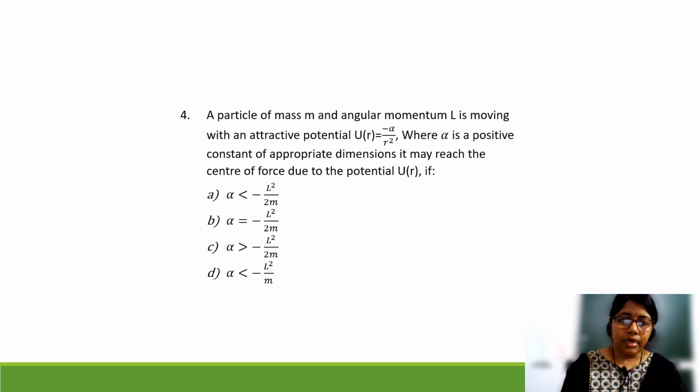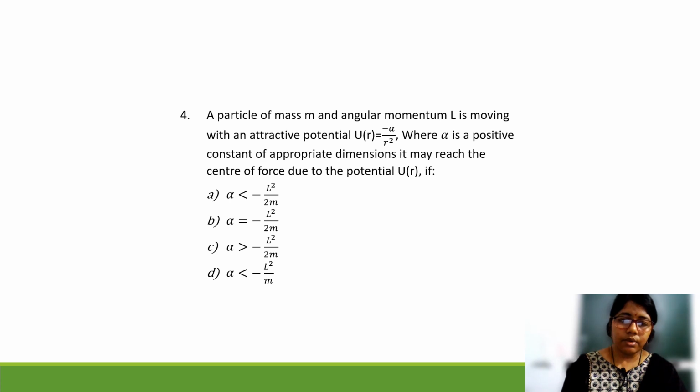Question number 4. A particle of mass m and angular momentum L is moving with attractive potential U(r) is equal to minus alpha by r square, where alpha is a positive constant of appropriate dimension. It may reach the center of the force due to the potential U(r) if option A, alpha is less than